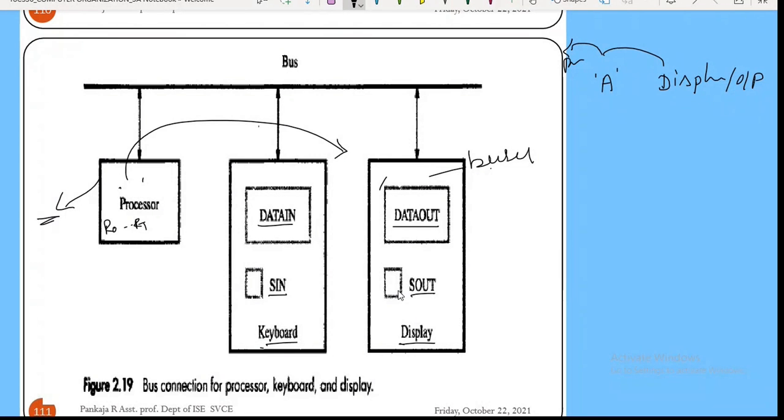Now listen carefully. What I want to do is enter a key, a character, from the keyboard. That is going to be stored into the buffer called data in. Whenever you enter some data, it is not directly sent to the processor; it is stored in a buffer. Each device has its own register or buffer.